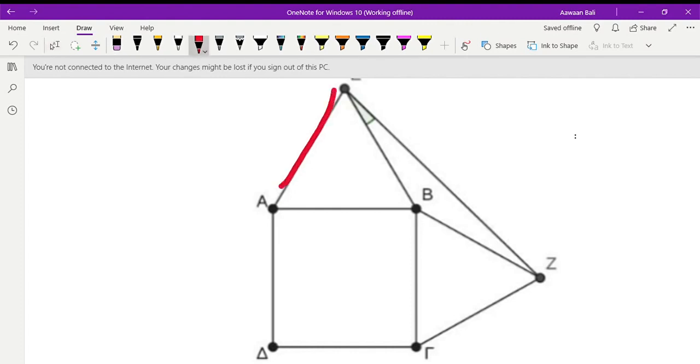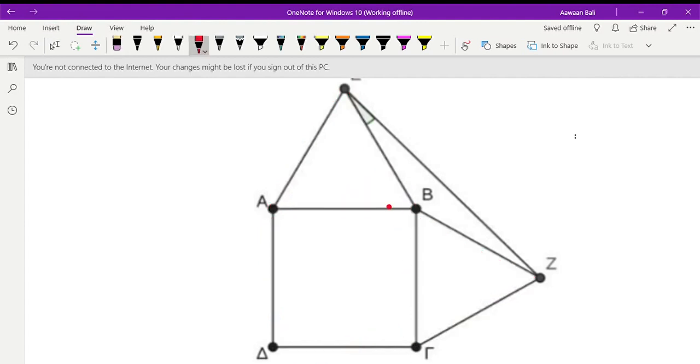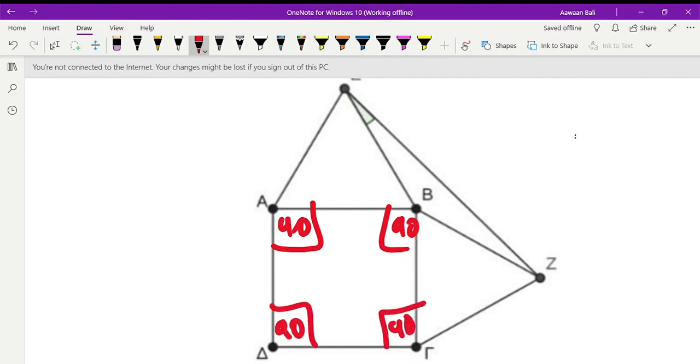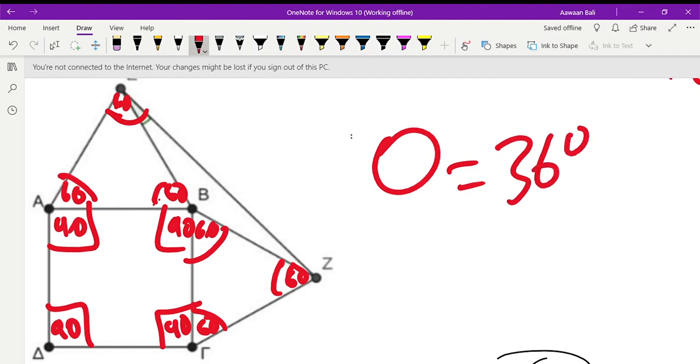Since these are equilateral triangles, and this is a square, we already know the angles. For every square, all of them are 90 degrees, a right angle. Then 90 times 4 is 360. For equilateral triangles, all the angles are equal, all the sides are equal, which means it's 60 degrees for each of them. And now, since we know a full circle is 360 degrees,